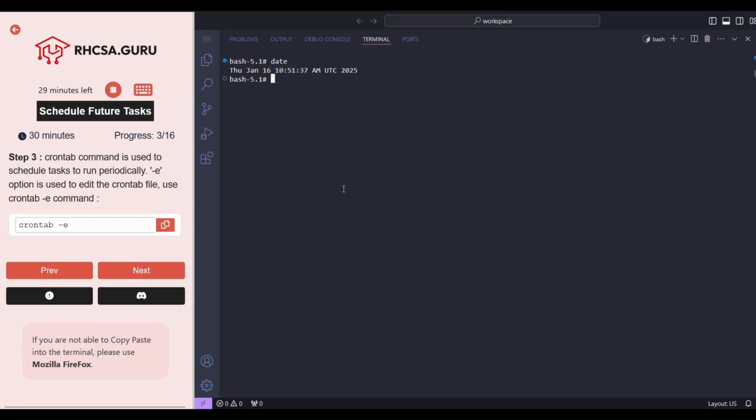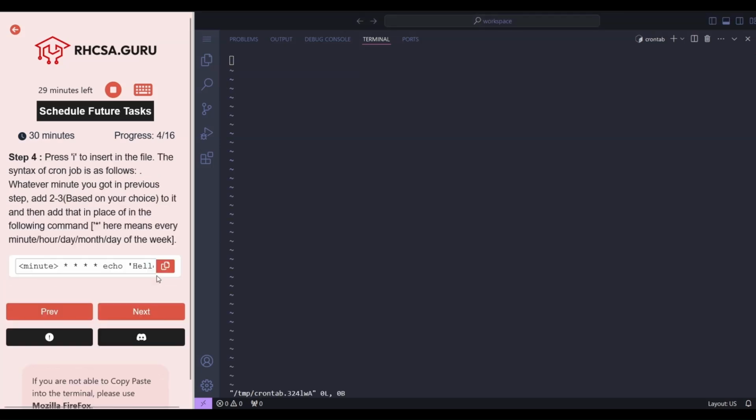The crontab command is used to schedule tasks to run at specific times. To edit your crontab file, use crontab -e. Press I to start editing the crontab file. Now, write the cron job using this format: 5 * * * * echo "hello world" >> /home